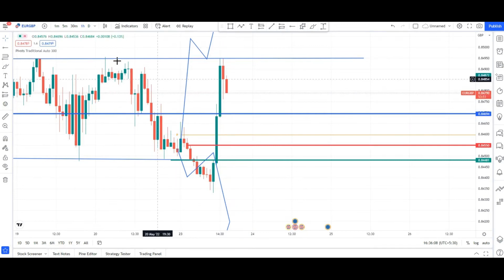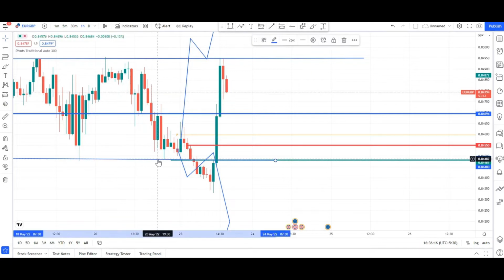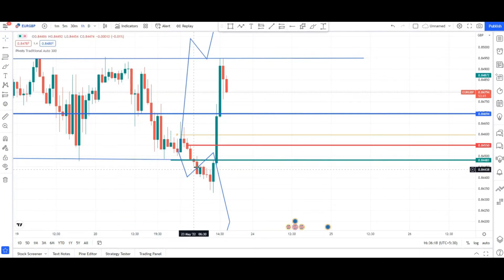This is the Forex analysis for Euro versus GBP. I have told you guys, if it breaks this line, then only you can go for short. So I have only shorted here. My SL will be somewhere at this red strip that I have drawn here,